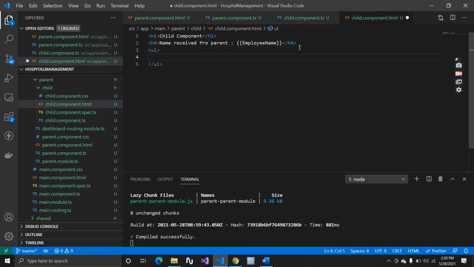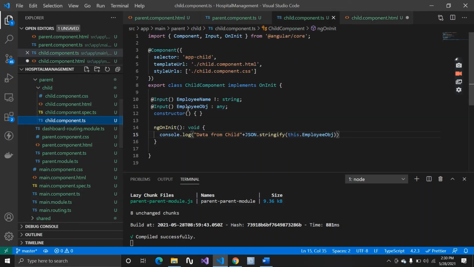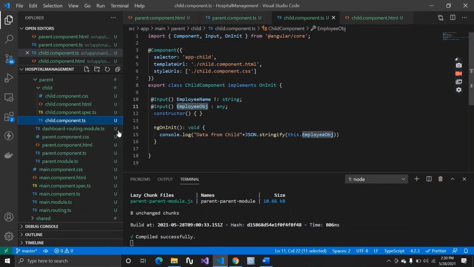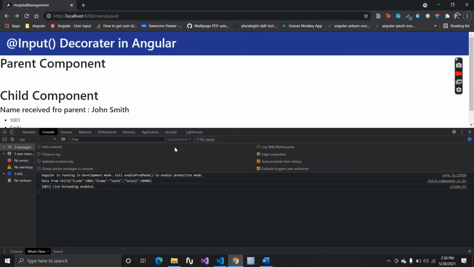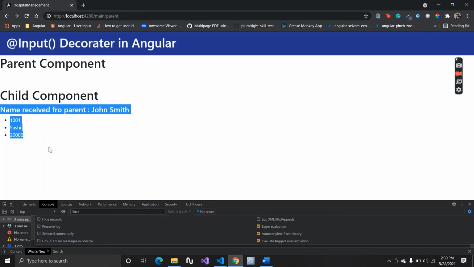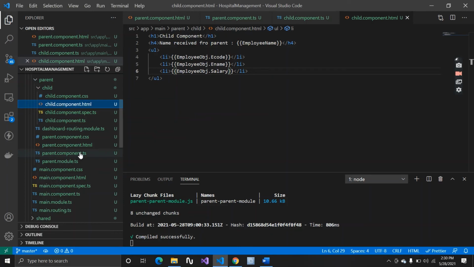Now I can make use of this object, because inside this object I'm getting data from the parent. Let's go and check the output now. As you can see, we are receiving this data here inside our child. So what we have done is pass data from our parent component to our child component.